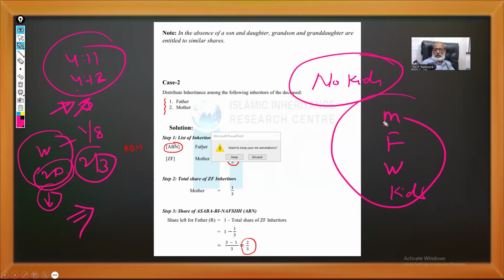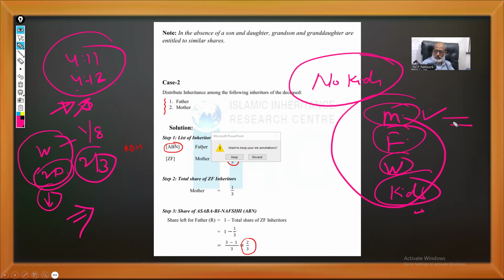Before the Islamic era, there was no share for the weak: mother, father, wife, and the kids. The person who was strong was the eligible one according to the traditional concept of the Arab country. He would take all the property, but Islam says there is a share for the woman, the man, and the kids, mother, father, wife, and all types of women.